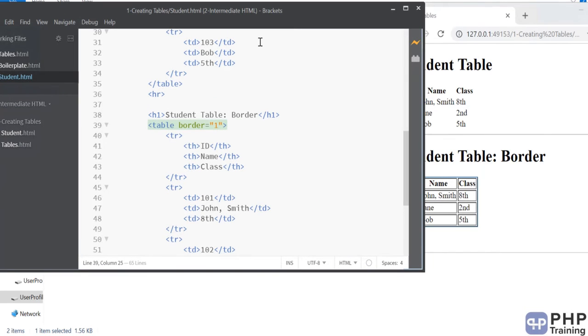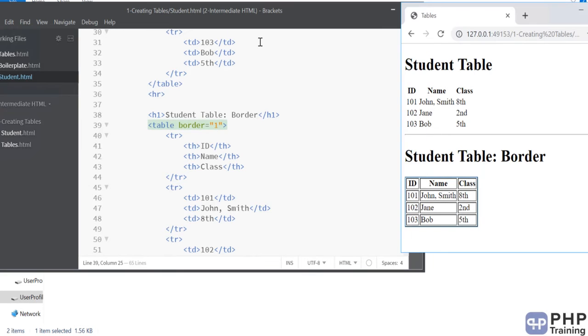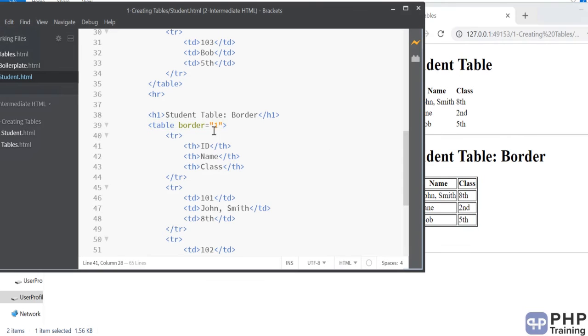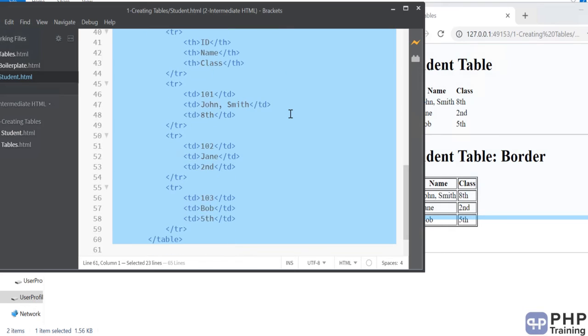You can increase it by 2, by 3, by 4, by 5, right? So border basically helps you to see the format of your table. What is the width, or that is taken care of by the text, and then you can play around with it. Once you add spacing to it, then the border will help you to see which element or which column is taking that space. So one of the attributes of a table is the border, using which you can add a border.